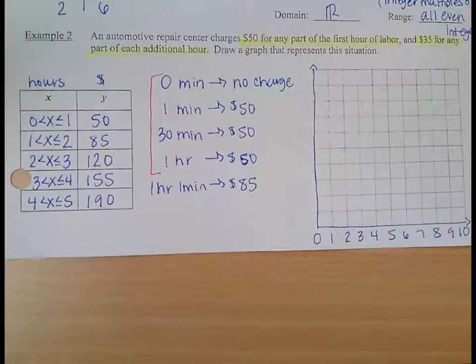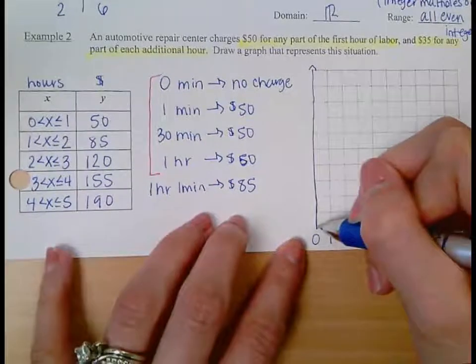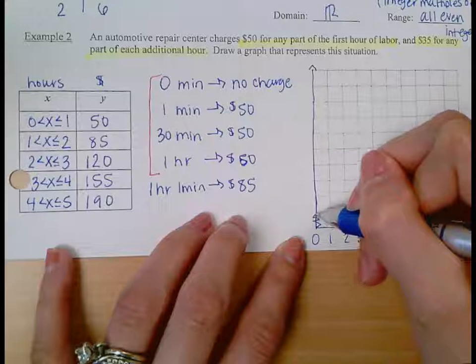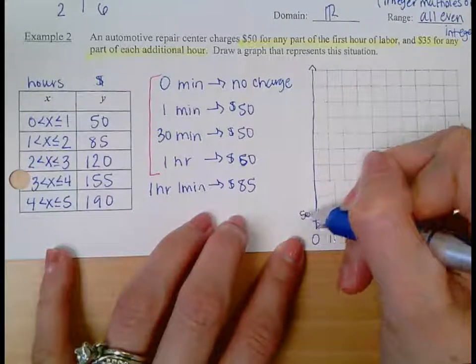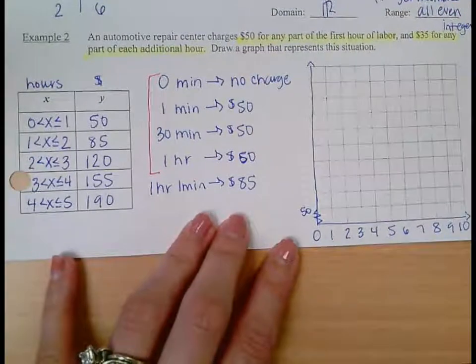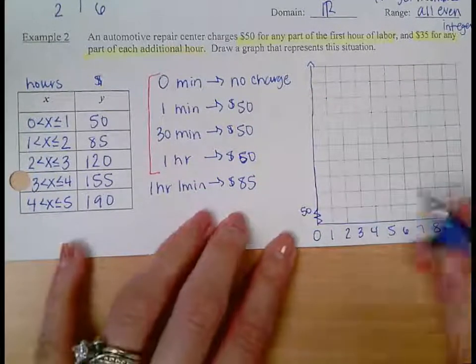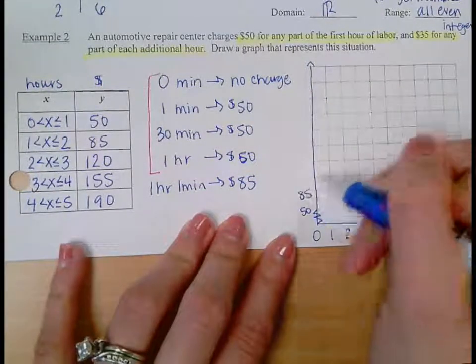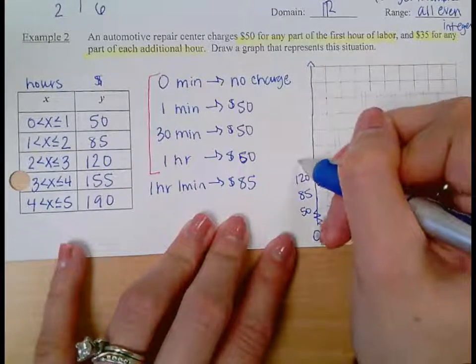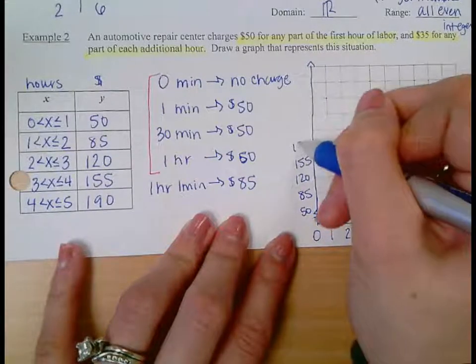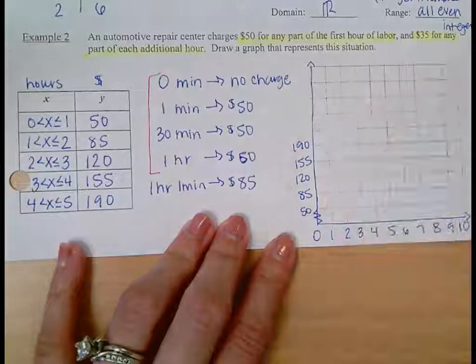Okay, I could make a break in the graph to start at 50 and then count by 35, since that's how my Y values are changing anyway. That's perfectly fine. So 85, 120, 155, 190, and then I would have